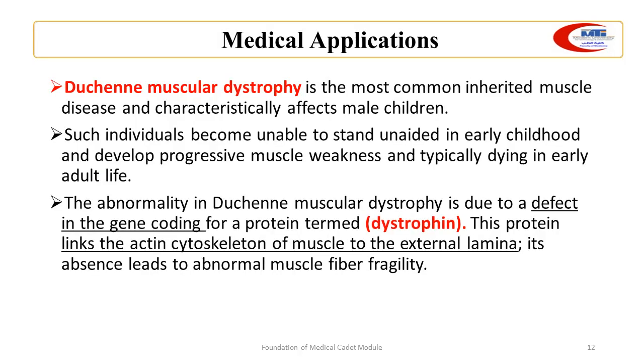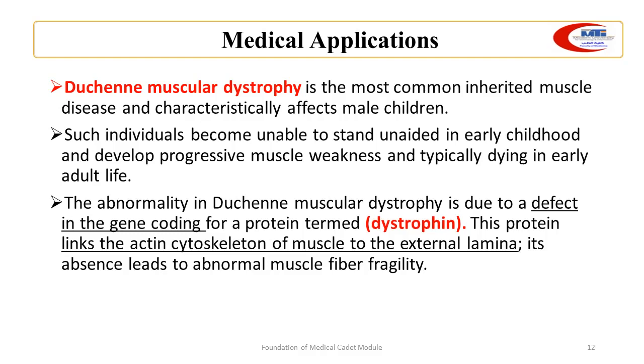Duchenne muscular dystrophy is a disease that affects the muscle. In Duchenne muscular dystrophy, there is progressive muscle weakness due to a defect in dystrophin protein. This protein binds the skeletal muscle fiber actin filament to its external lamina. The absence of this dystrophin leads to necrosis of the muscle fibers